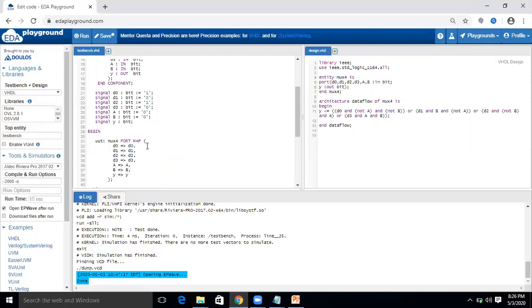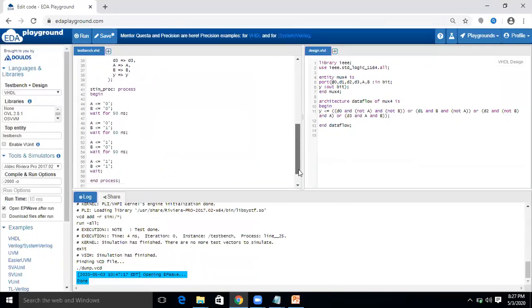Then similar to the AND gate, we have to map these inputs. So just mapping these inputs with the actual inputs present in our design entity. Since again here I am using the same variables D0, D1, D2, D3, A, B, Y, you can use different variables in the test bench. Then we'll test for A, B value 0, 0.